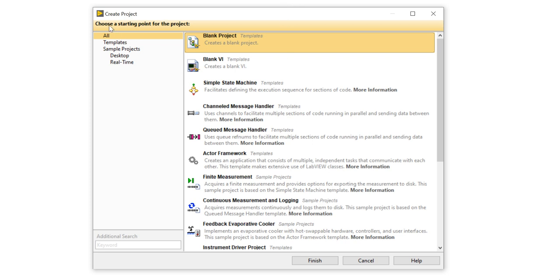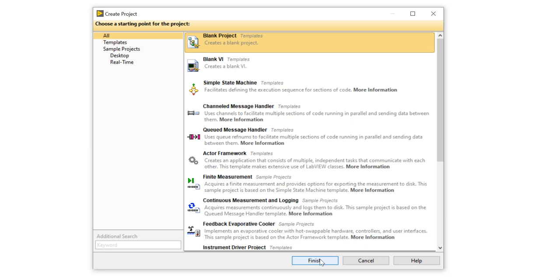This create project window is divided into two parts. This one is the template, meaning the listing part, and this is the full explanation part. Here the blank project is present. If you want, you can click the blank project and hit the finish button.